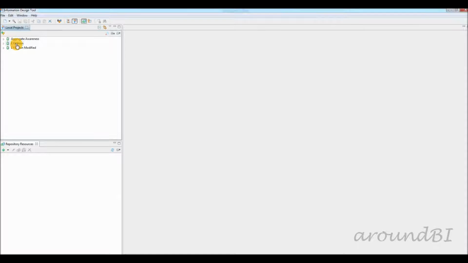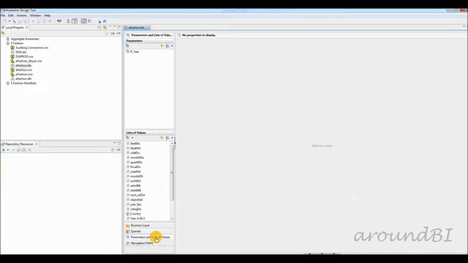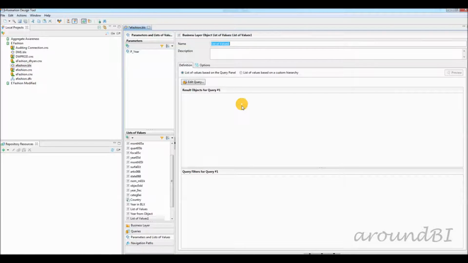I have opened IDT and pulled the eFashion Universe into local projects. On the business layer, at the bottom left, we can see parameters and list of values. Click that to create a new LOV. Click on the plus symbol and click on list of values based on business layer objects. Give a proper name.